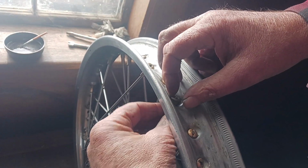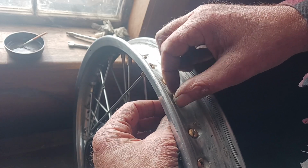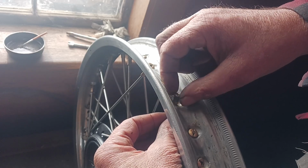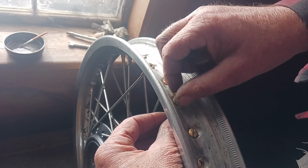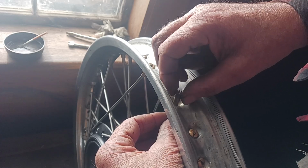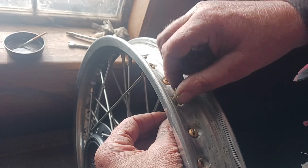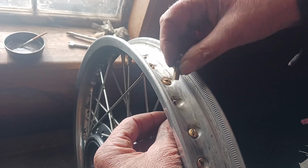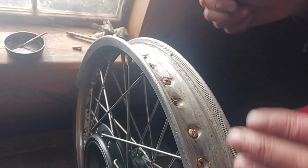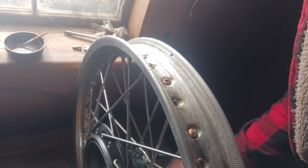I tightened the wheel up to where you're going to true it. You just keep tightening the spokes gradually, back and forth, all the way around, over and over, until you get it pretty close. And then the next step, of course, is to put it on a tripod and spin it with a marker and move them back and forth. So what happened here is